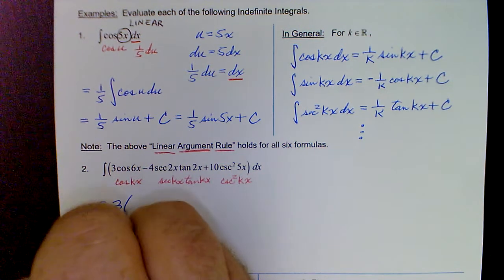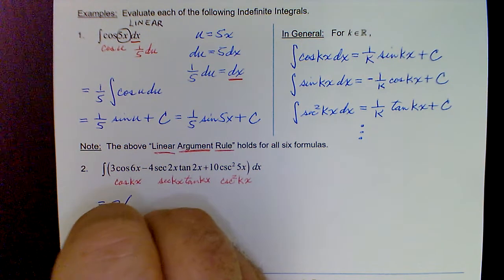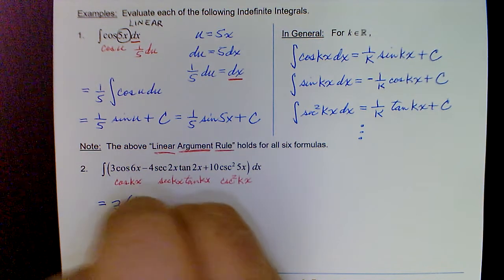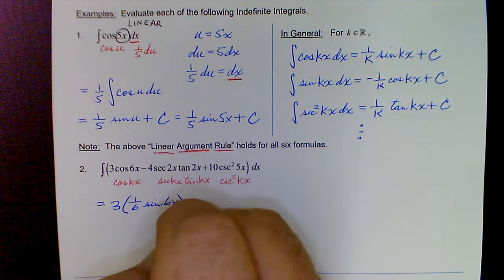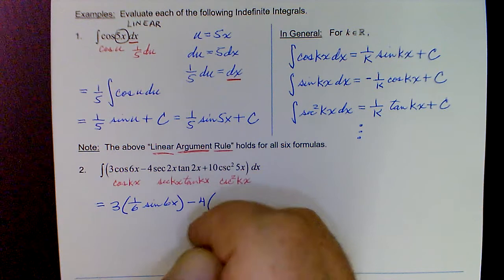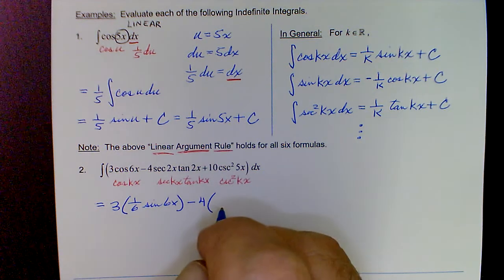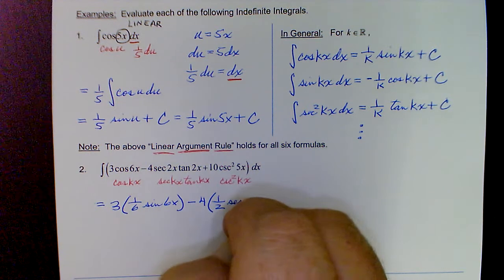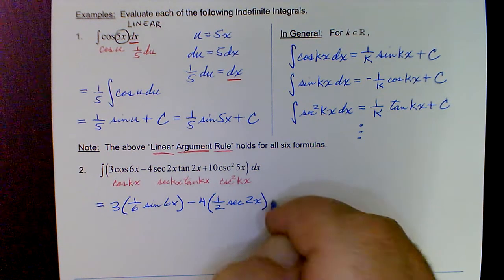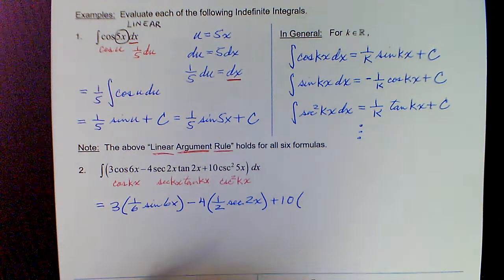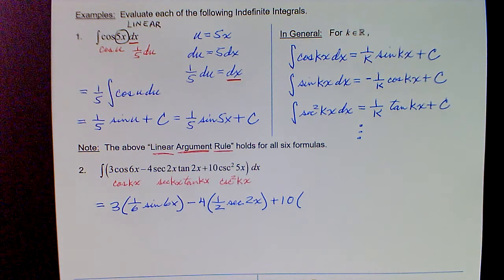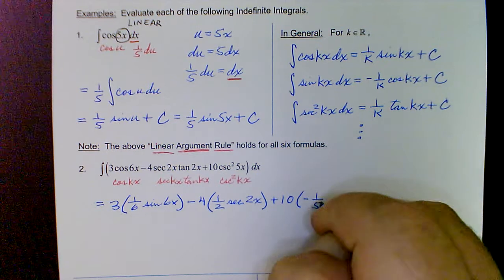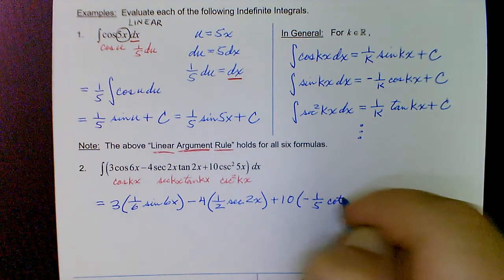The 3 is going to tag along as a constant multiple. Integrating cosine, we get positive sine, but because of the argument 6x, modified by 1/6, so 1/6 sine of 6x. Go to the next term, negative 4 tags along as a constant multiple. Integrating secant tangent, we get secant, but because of the linear argument 2x, modified by 1/2, so 1/2 secant 2x. And then the plus 10 tags along as a constant multiple. Okay, integrating cosecant squared, we get negative cotangent, but because of the argument 5x, modified by 1/5. So negative 1/5 cotangent 5x,